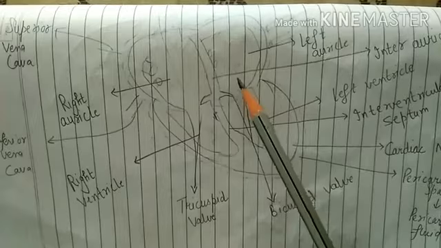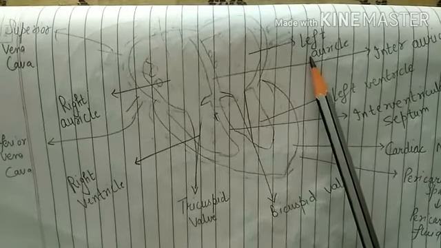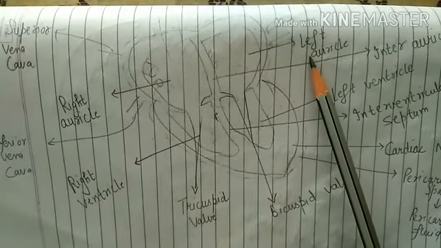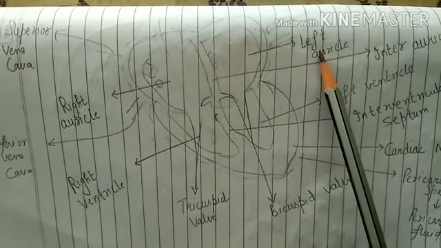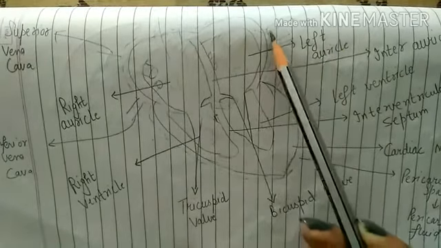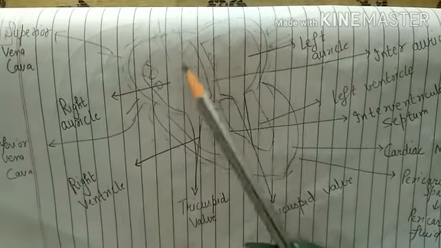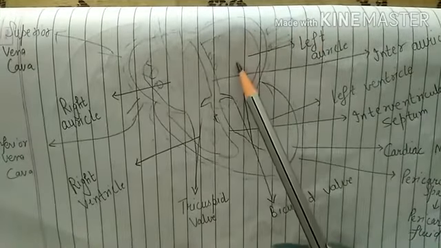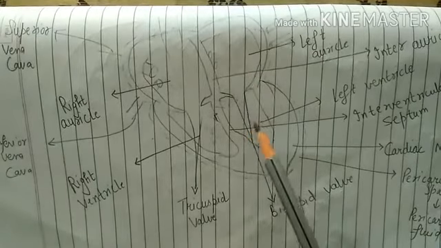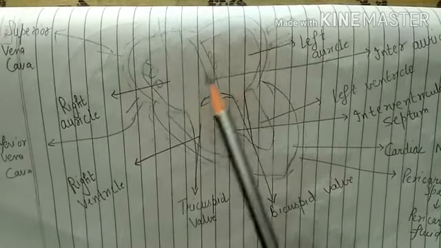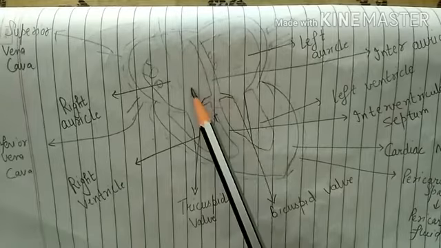Similarly, the left auricle will also receive blood, but the left auricle receives oxygenated blood by two pairs of pulmonary veins from the right lung and left lung respectively. So now these auricles have received the blood,